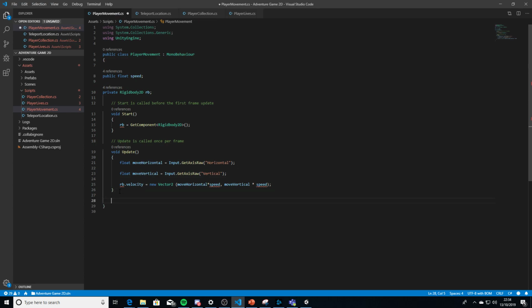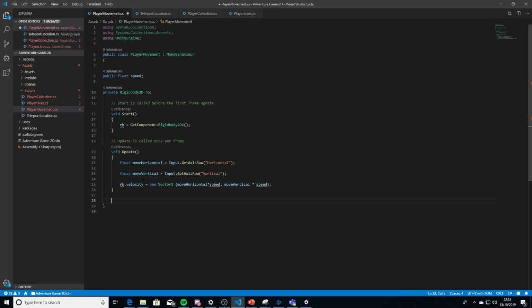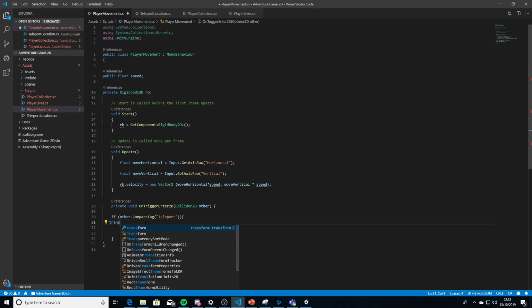I don't know why I'm getting lots of errors in here, but there shouldn't be any. I'm just going to steal this on trigger enter function from one of the other scripts. I'm going to throw that in there. I'm going to remove this because I don't need that bit, and I'm going to change this tag. So this is something we've done quite a lot with, comparing tags on triggers, and all we're essentially doing is using an on trigger enter 2D function, checking the teleport tag, and then if that's what we've hit, we are literally just going to say transform dot position,